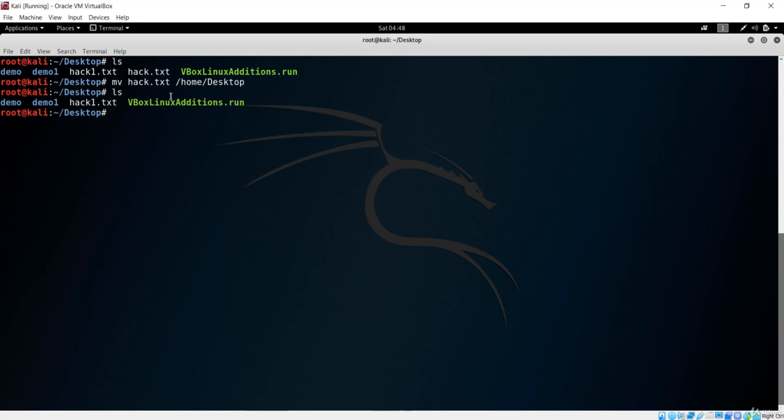So the next one is to move a directory to another location. If you want to move a directory, not a file, let me say demo should be moved to home and downloads. If I hit enter, and go to downloads really quick to see it, okay, there is nothing over there. So we have just moved it, let me say ls -l.